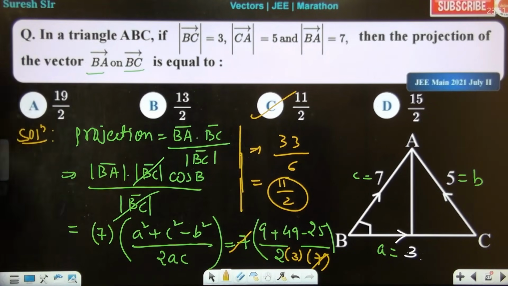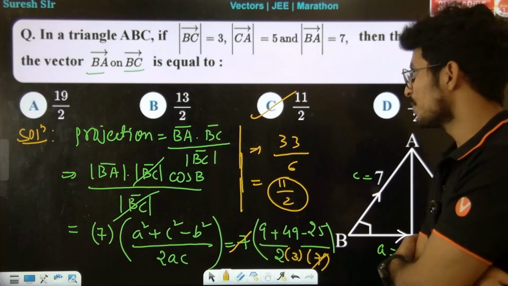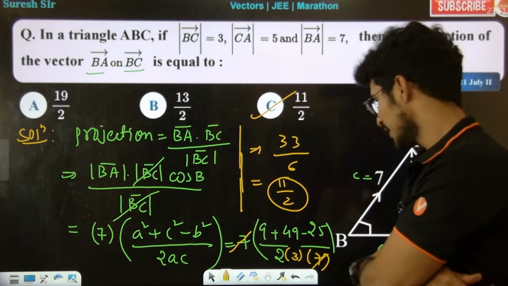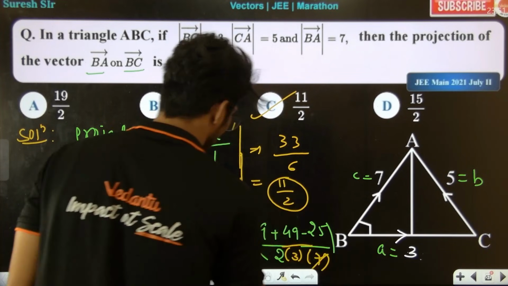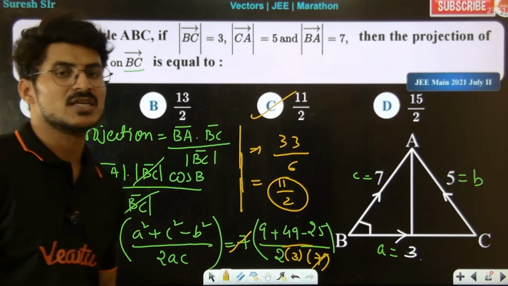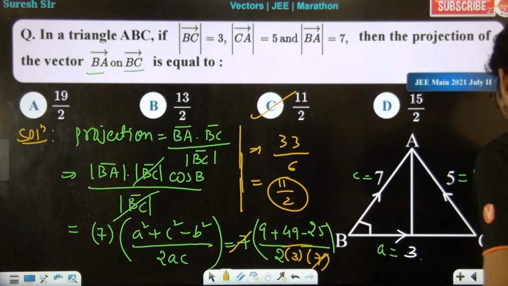Any doubts? Yes or no? So calculation you have to do a bit carefully. Any doubts here? Very simple, direct question, but the only thing is cosine rule we are applying. Simple. Next,